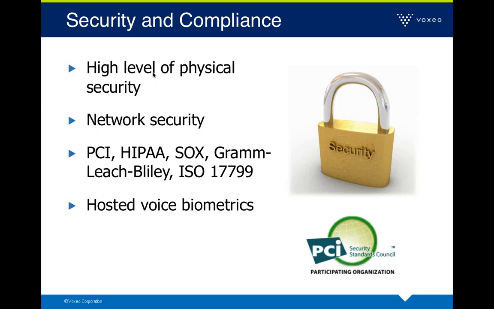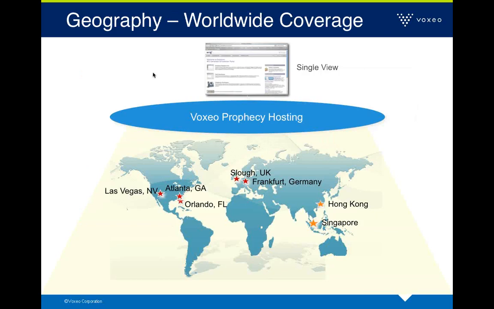Typically, a cloud communications environment will also have a high level of physical security. In most cloud environments, you'll have a high level of physical security in the actual data centers that are there. So they're protected. It might be a PCI compliant environment. They've got a lot of network security. You also can do things like I mentioned on here, hosted voice biometrics. You can do a lot of different ways to add security to components because it's all out there in these data centers that are shared facilities that are able to comply with these kinds of levels of things.